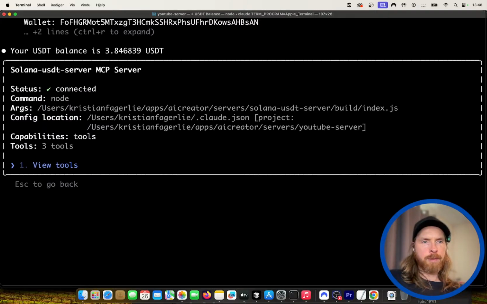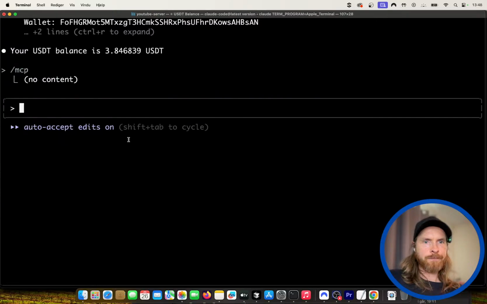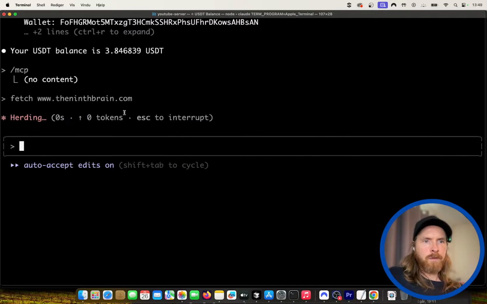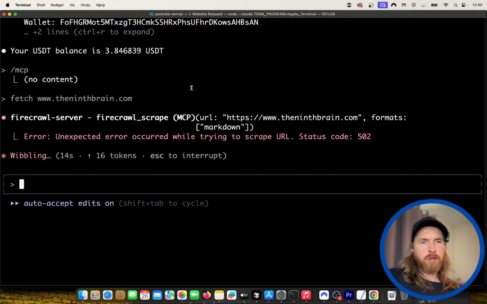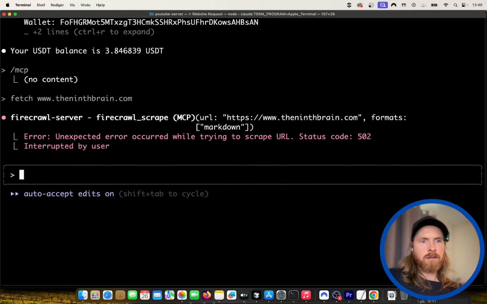Because what I was thinking about is, if I fetch one of my websites now, enterbrain.com, you kind of get an instruction of how you can get access to premium data. But to get access to this, you have to send some stablecoin.